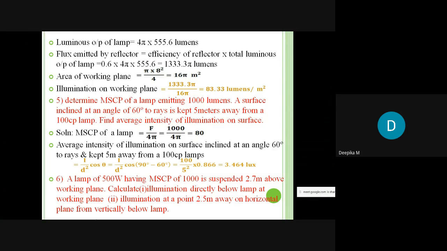A lamp of 500 watt having an MSCP of 1000 is suspended 2.7 meters above the working plane. Calculate the illumination directly below the lamp at the working plane and the illumination at a point 2.5 meters away on the horizontal plane from the vertical below the lamp. So here we have to calculate illumination at 2 points: one directly below the lamp and one 2.5 meters away from the lamp. Here they have given the wattage, the MSCP, and the height, that is 2.7 meters, and we have to calculate the